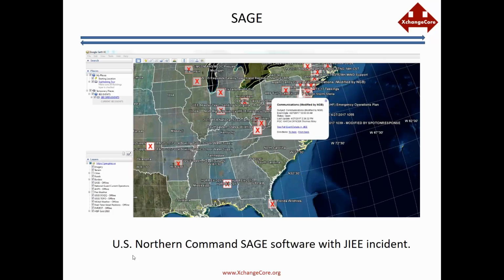Then those things that went up to SAGE, SAGE has lots of stuff going on. These aren't all the exercise things, but you can find the communications event that we just saw previously, that was shared from JIE to SAGE. And you'll note that this is a Google Earth program, so although XchangeCore's output didn't have anything to do with it, that ability to move that information back and forth from JIE to Google Earth could possibly also have been